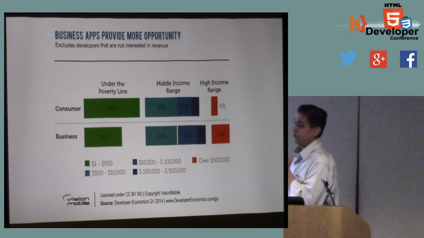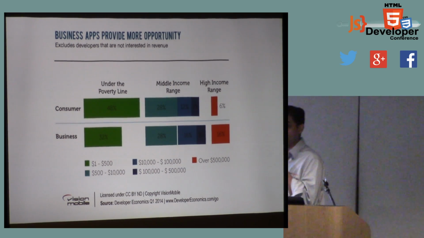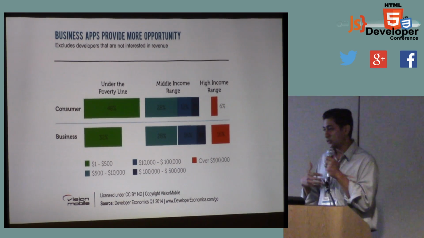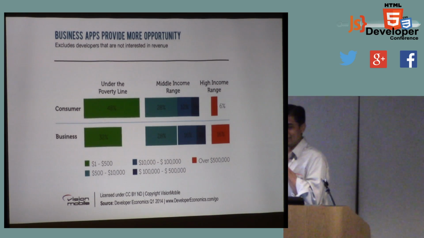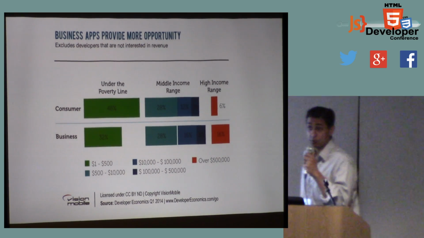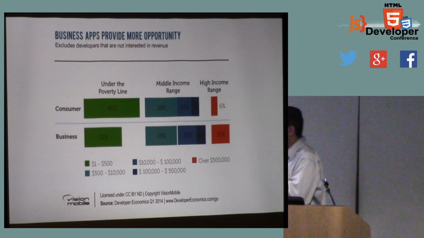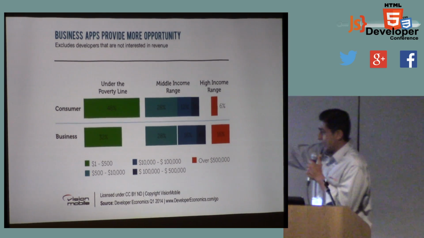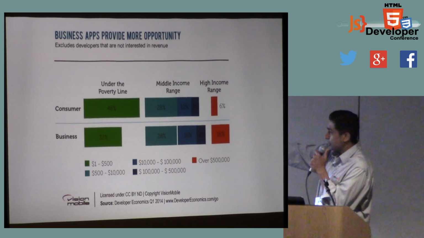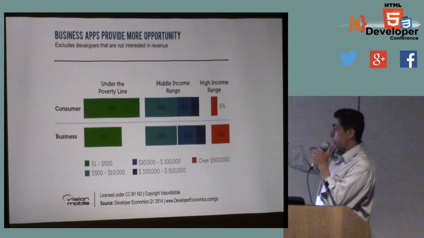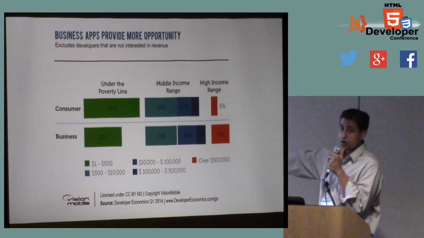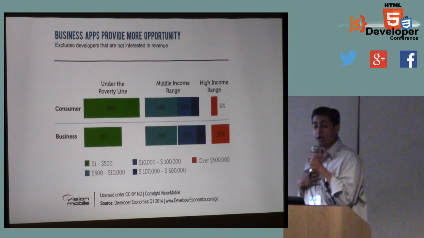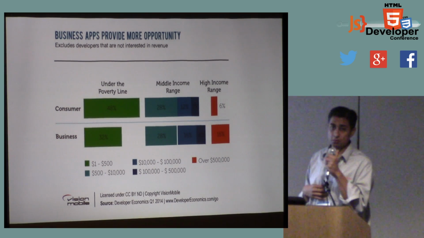And that's because, well, first of all, most apps suck, right? Most apps don't solve a problem. Most apps are trying to be the next Flappy Bird or the next Farm XYZ. There isn't really anything innovative, right? A few of them are, but most apps tend to be on the sucky side. But what's useful about the business apps is there's much less in the poverty line, and the middle range income is much higher, and the high income range is much higher as well. So if you're going to target, my suggestion would be think about how you can help a business solve their problem.